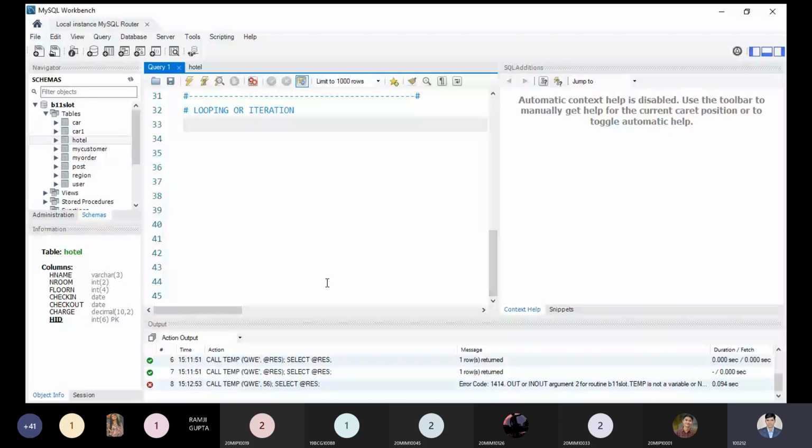So what does the loop statement say to us? As we know, the loop statement allows you to execute one or more statements repeatedly. That is a simple thing. So here we will discuss the loop statement. The syntax is very simple. I am speaking verbally right now, then I will show you the syntax with the help of some example, and then it will be more clear to you.